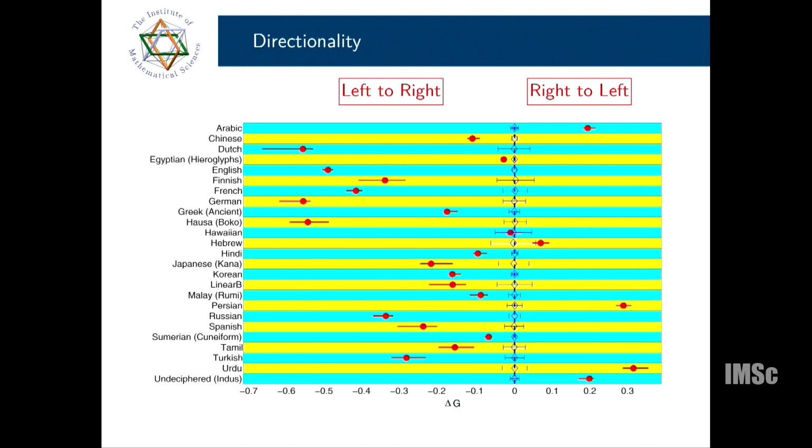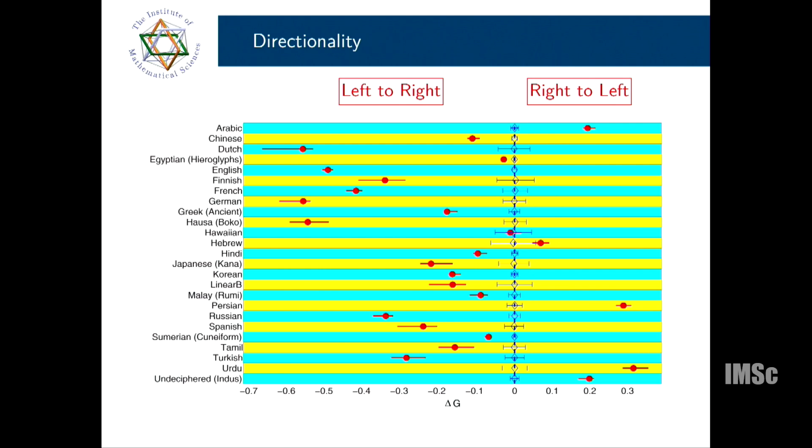Correct, yes. So what is it showing here? Let's think that you have an English dictionary. Just scramble it, and calculate your entropy or Gini index, whatever it is.